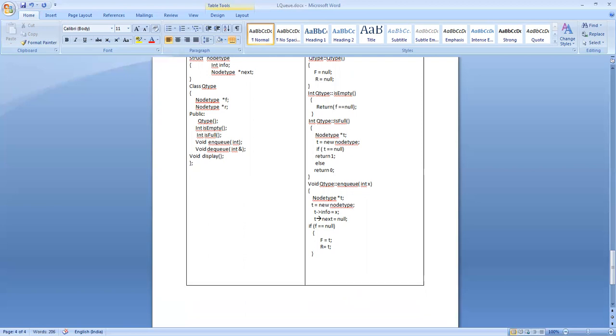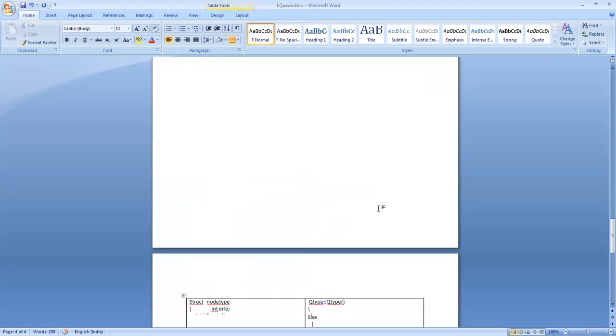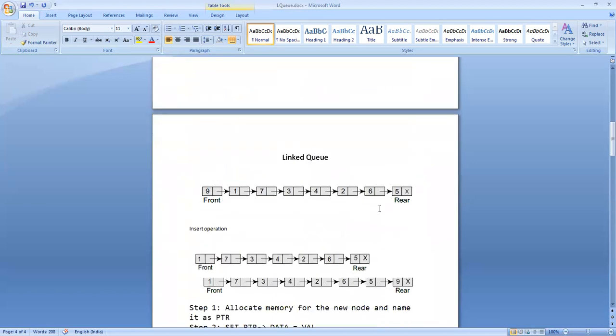Otherwise, else, that is, if the queue is not already empty, that is, it is existing, the new node is going to be the last node. Currently, the current last node is pointed by rear. Look at this picture here.